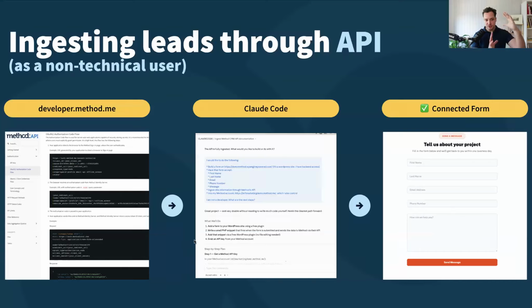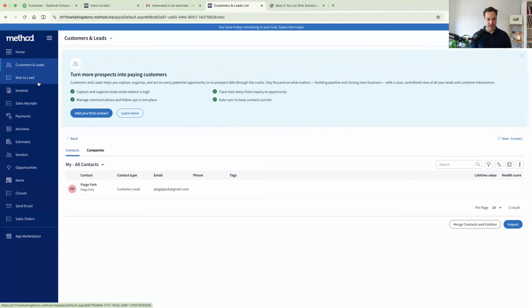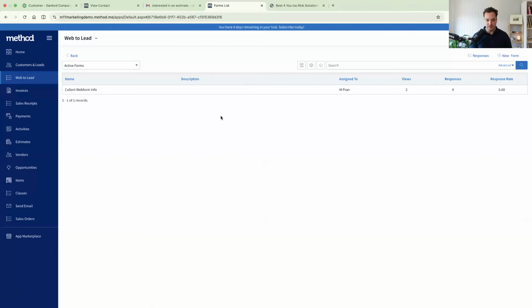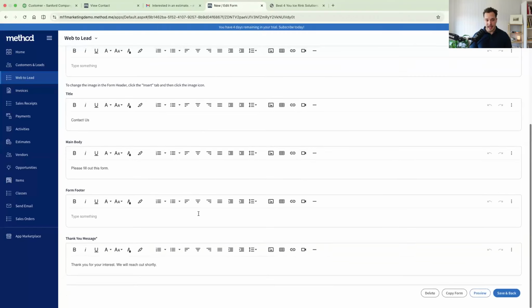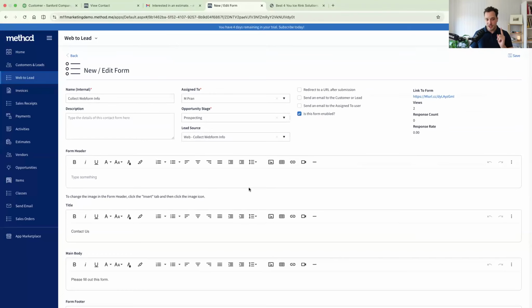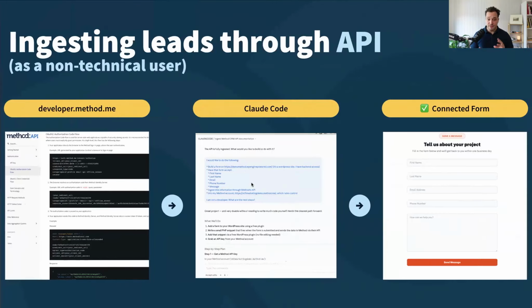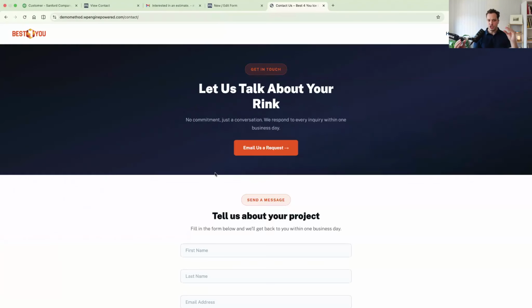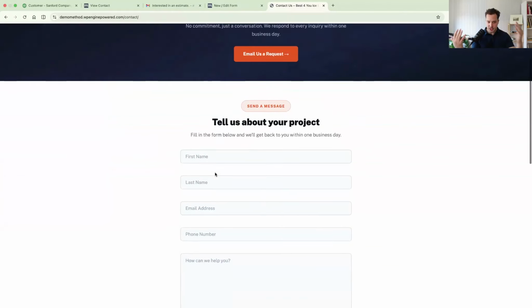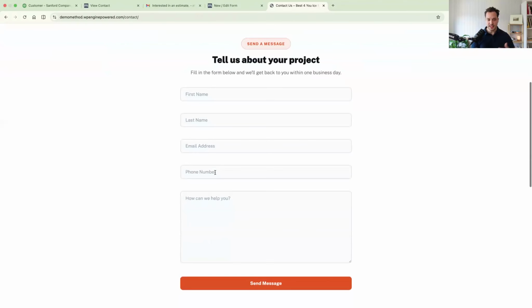But the goal I had here was to think, can I actually get a lead piping through the API? We have a form integration where you can just pull out a form and embed it on your website. Errol is going to show us that web to lead form. It's basically just an iframe form. You embed it and you can get leads that way. But in some cases, businesses might want to connect a very specific workflow, maybe with a different app or another lead source, where you are sending data back and forth securely between these two entities.